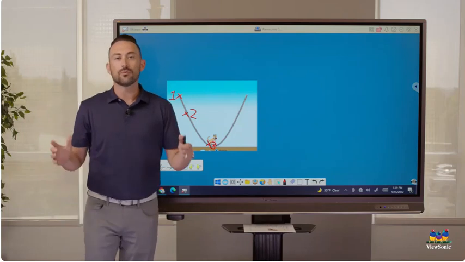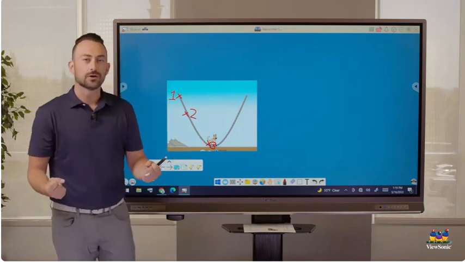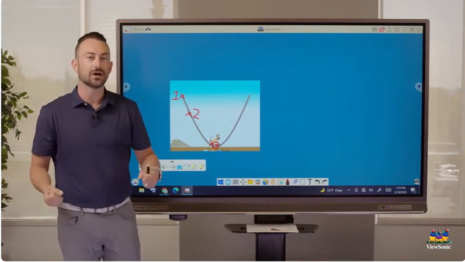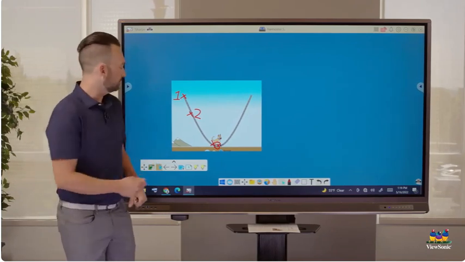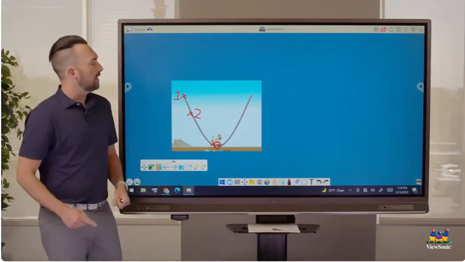So this is a great way to be able to go outside of Whiteboard and access that web-based content that can't be imported. Finally, we have